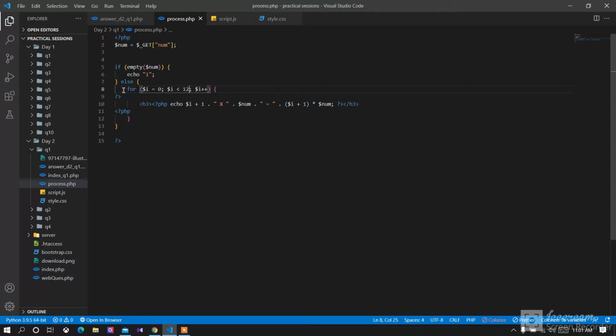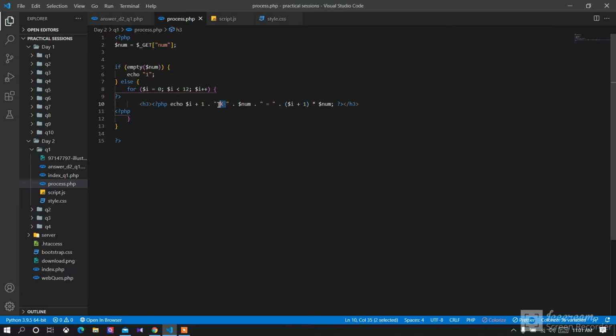It is repeating 12 times. I've used a for loop, and it is printing in H3 tag, and it is printing the i, the first one, and it is starting from 0, so I have to add a number 1 in here. So 0 plus 1, so it is going 1 to 12. It is stopped at 11, 0 to 11 in the for loop, but I have to take the number 1 to 12, so I have to add 1.